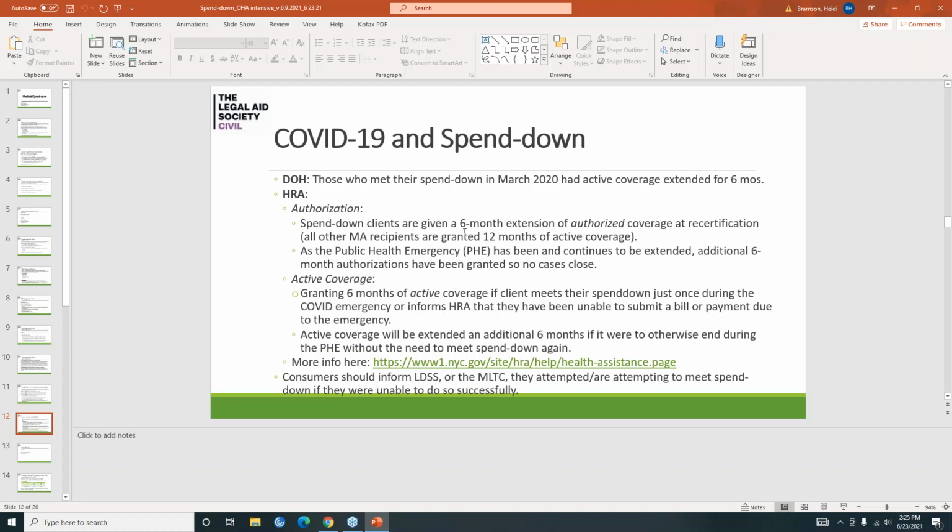HRA does the eligibility budgeting, and once that's noted in HRA's system, they should be communicating that to the plan. But I've also been in a situation where I've had consumers report that to the plan and indicate to the plan that they should discuss that with HRA. I mean, HRA and the plan should have a direct line with each other, but it wouldn't hurt to sort of contact both parties.